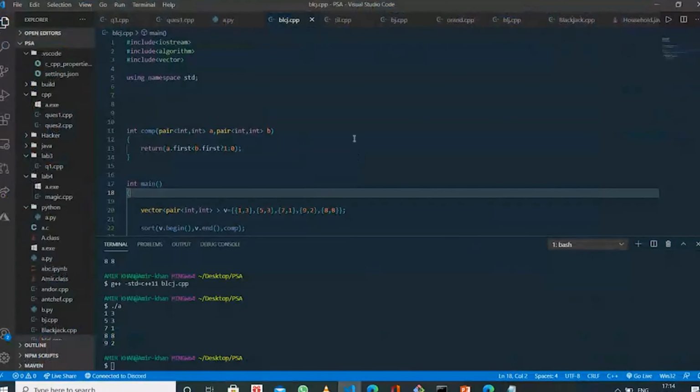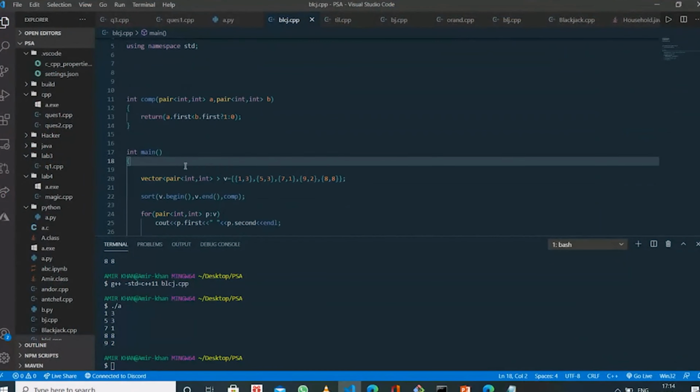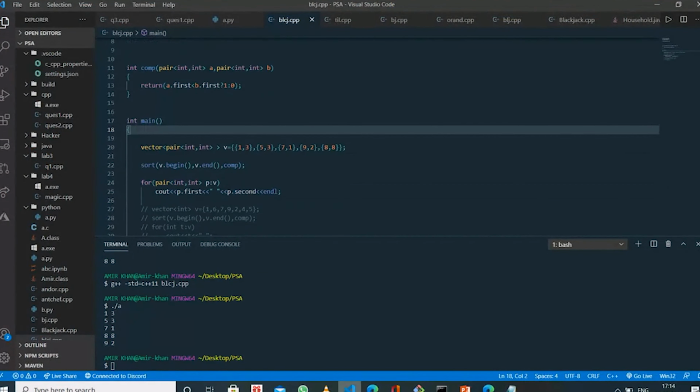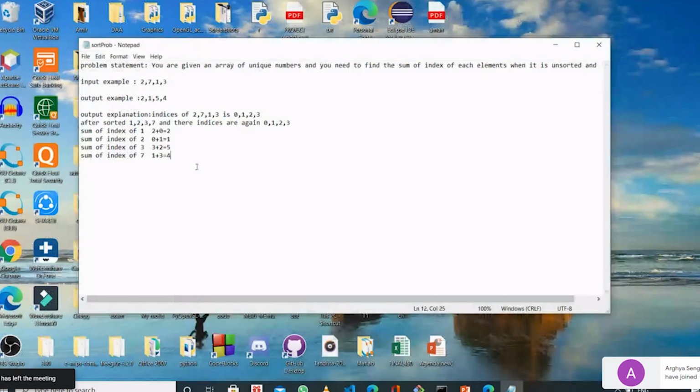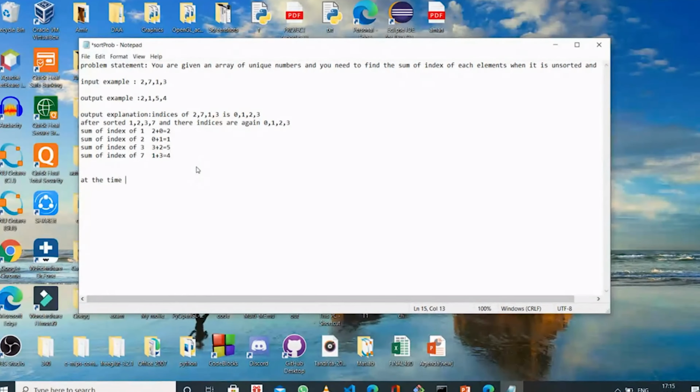Okay, I'm solving. So what we'll do is, at the time of taking input, I will store the element and its index, and I will sort it combined.